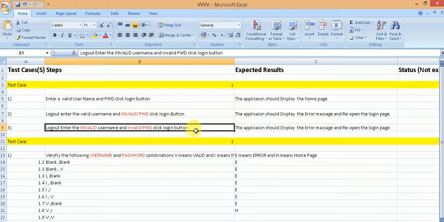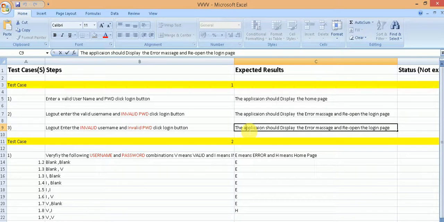Here, since it is a negative test, the application will not proceed as expected, but the expected result says the application should display an error message and reopen the login page. Basically the same expected result as in step number 2.